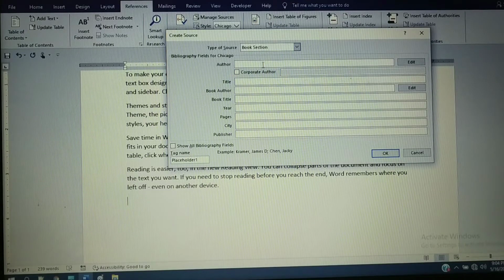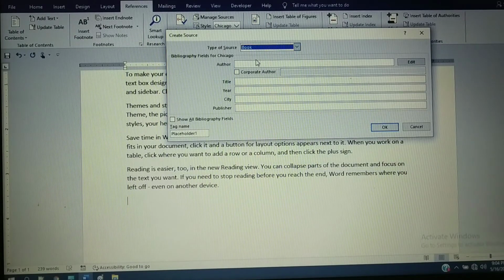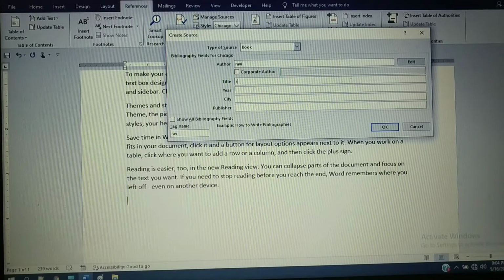In these text boxes you need to write information about that content. Here I am going to select a book, and book-related options will be displayed here. Here you need to write the author of that book. Now I am going to write the author of that book and the title of that.